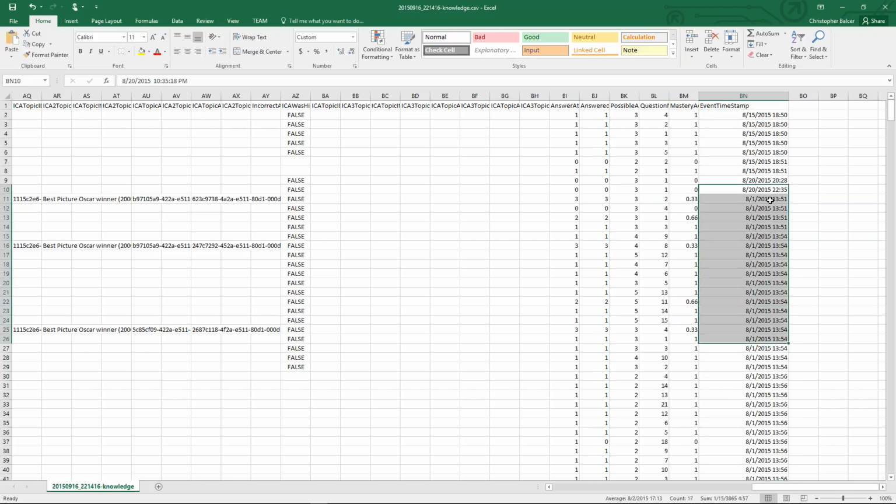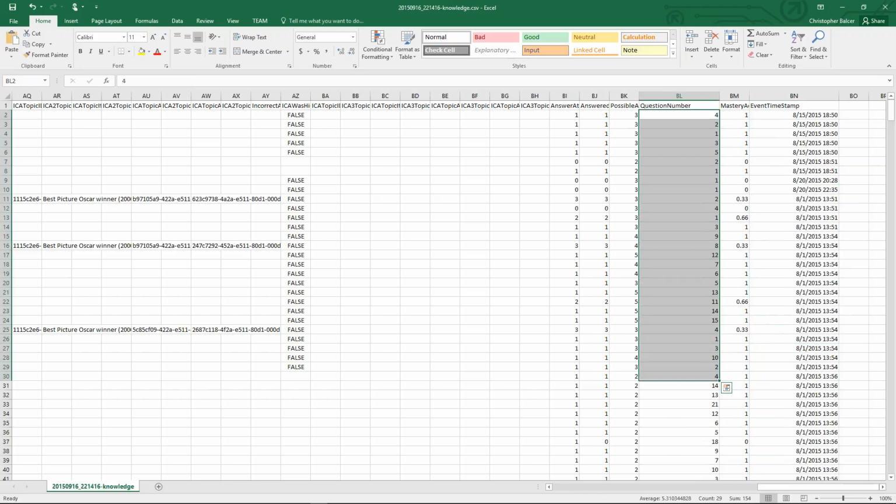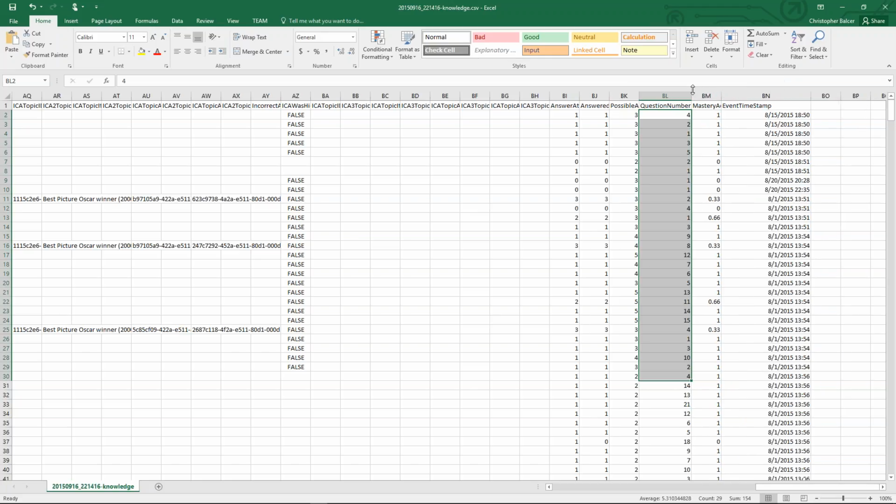So there's a couple things you can tie together. It's hard to see because the questions go through too quickly, but you can see this has the question number in it too. So you can see the order in which the questions were asked. Because our question generation system does generate things in a random order, there may be a scenario where you want to see, okay, every time this is the 14th or 15th question, people get it wrong. In the standardized testing world, that's very important because people do get to a point where they start to get tired, or they run out of energy for the topic. This probably becomes more relevant when you get to a Pathfinder mission or Pathfinder activity that may have